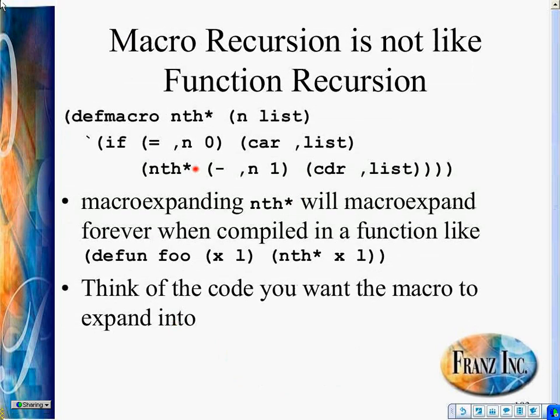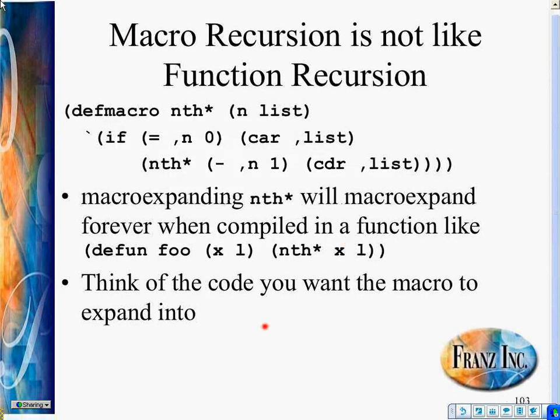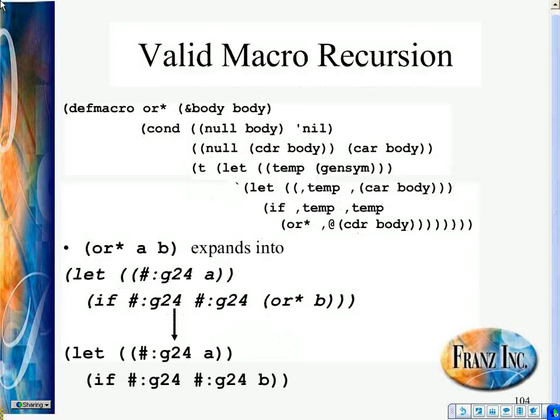Yeah, don't do recursion. So here we have defmacro n*, where n is a list. If n equals 0, then we take the car. Otherwise, we take n* of 1 minus n. When you macroexpand this, it will macroexpand forever because it just keeps macroexpanding this thing. And n doesn't have a value, so it's just always going minus n, minus 1 minus n, it just keeps wrapping around. And so my recommendation is,